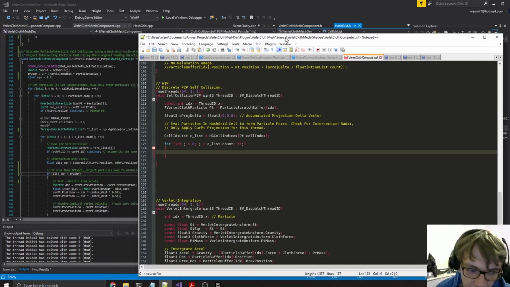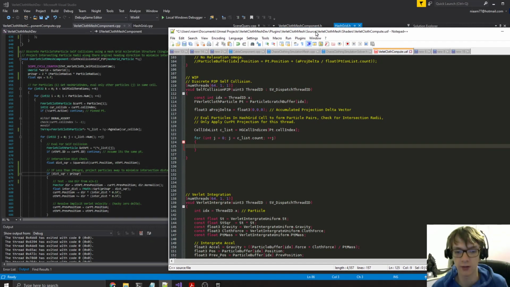And now we're going to evaluate the collision for both particles. But first of all, we have to do an important check, right? Even though this is the current particle, the cell index also contains the current particle, and we don't want to evaluate a collision against ourselves, because that would create an infinitely small radius and a collision that would never be able to be resolved, because we'd be projecting ourselves one way and projecting ourselves the other way. So the simple thing to do is we just check, and this is going to create a bit